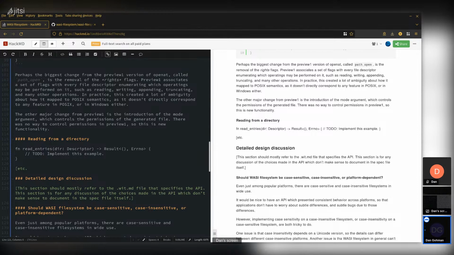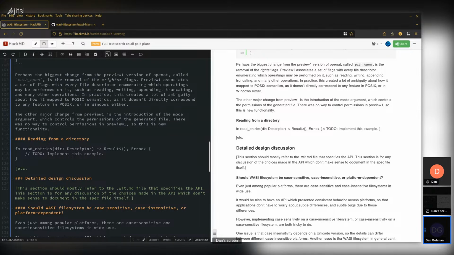Everything we're doing here goes through a process. This is all going through the WASI subgroup, which is a subgroup of the WebAssembly community group, a W3C community group. So everything we're doing is funneling into a standards process. Today you'll see me making arbitrary choices, but eventually this will get fed up into public repositories where people can comment on things. Beyond that, there's a voting process for advancing proposals through the stages. Beyond that, the CG is going to vote on things at some point, and then we can actually have an official standard come out of this. That's a ways away, but that's the process by which these things will percolate up. So with that context,